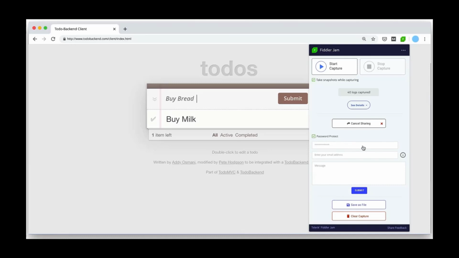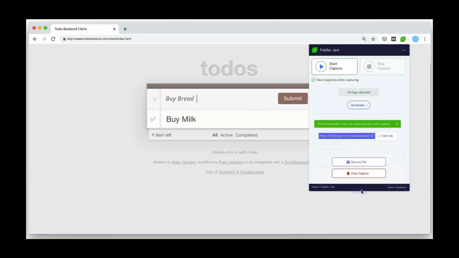So let's enter a password, my email address, and a description to save the logs. Now I can save everything in the cloud and submit the saved logs to the support team. Since I added a password, the logs will be encrypted and everything will be securely saved in cloud storage. And as soon as that upload is complete, a link will be generated and can be manually shared with the